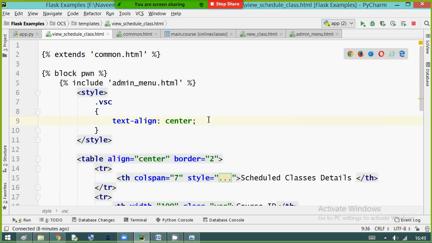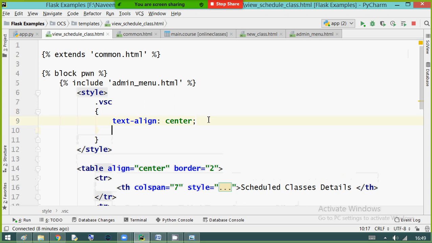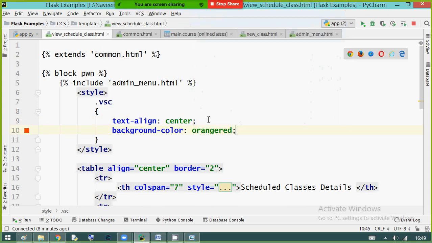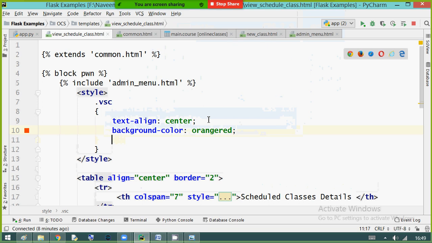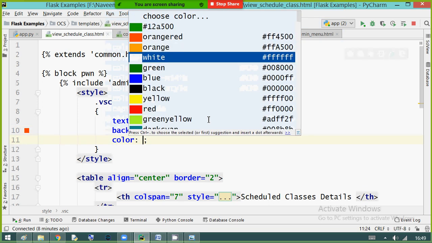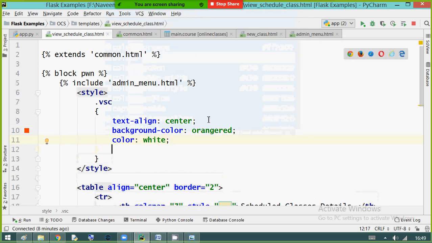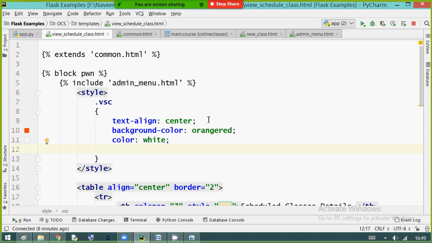Text align, text size, background color, foreground color, so called. Background color, I'm taking orange, red. Color, I'm taking white or wheat color, which will also look good. You can take some maroon color. Those mixes will be good. Green color with a white background is also good.